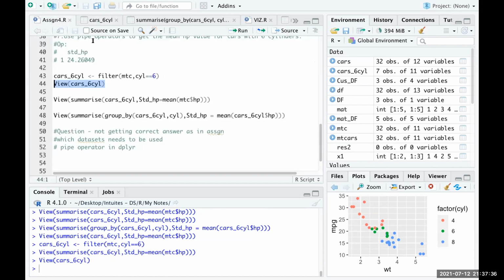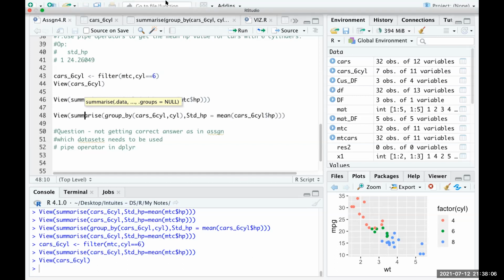Okay, got it. Because I got this group by condition. This resultant set, based on this, we are calculating a mean on this. So, okay, got the concept. So in line 46, you are calculating the mean on the entire data set without any filter. And in that 48 number line, you are calculating the mean on the car 6 cylinder HP. There is nothing filtered to the data set. Okay. Yeah, now I'm getting it.